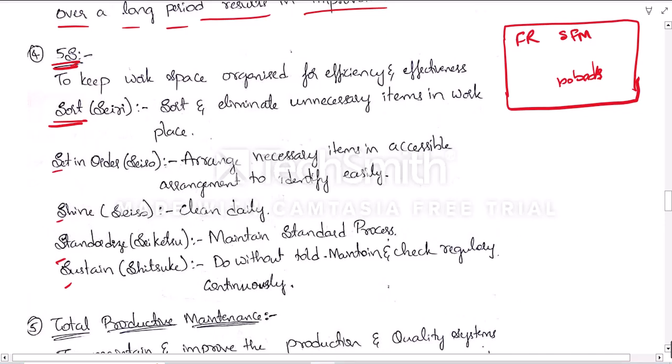But if it is files, make it different, like GST files, TDS files, income tax files. In the case of a company, we have to divide based on the files and keep a different color for each file, like GST yellow, TDS green, red for income tax return, so that we can easily identify from a long distance that this is related to income tax returns.